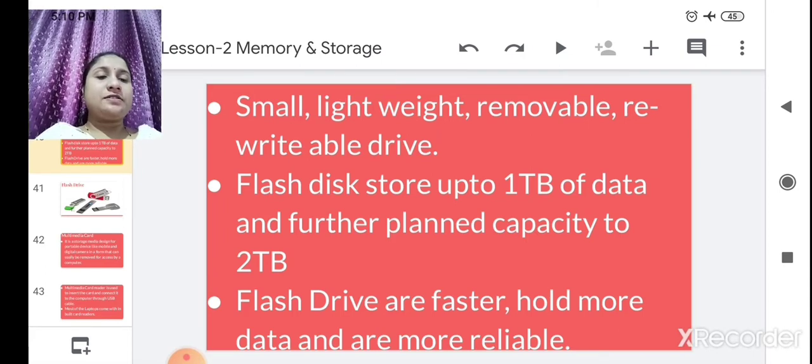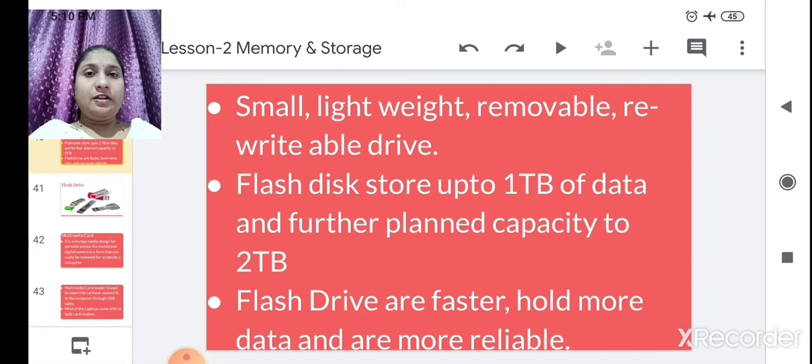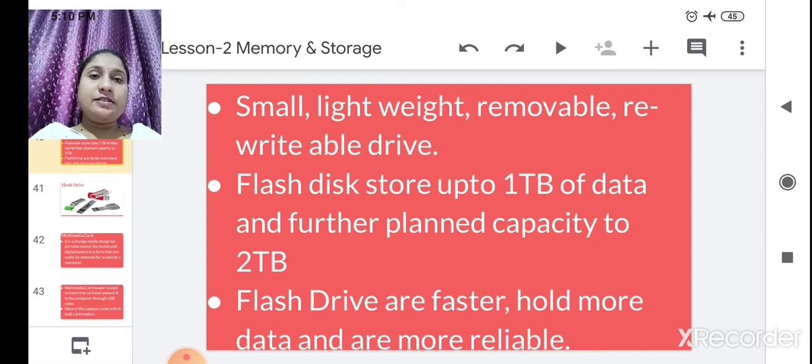Flash drives are faster, hold more data, and are more reliable. Whatever information or data we save, it will save very fast. Means if we copy all the documents and save them into the pen drive, it will move very fast, and it can also hold the data.